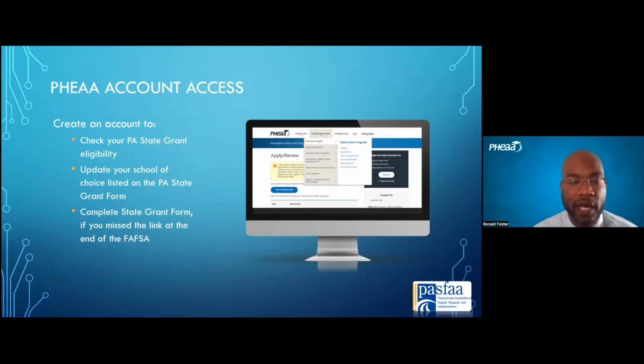There you go. You can always go to PHEAA.org, and on the right-hand side, under where it says sign in, borrowers tab, and student, that's where you will create your Access account. You can create your username and password that way. Sometimes it does take some days to share over to our side, because when it comes to the federal side and the state agency, it takes a couple of days for information to share over. However, if you go back, Kat, to the previous slide,